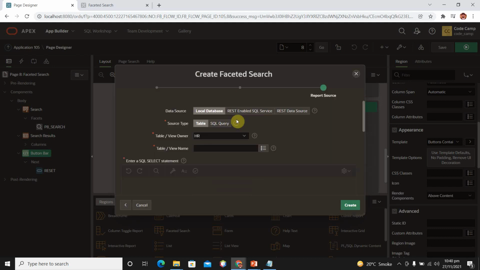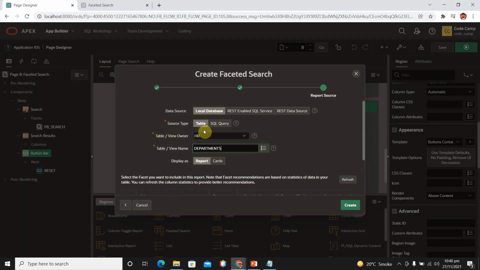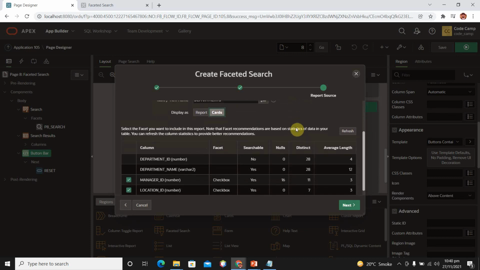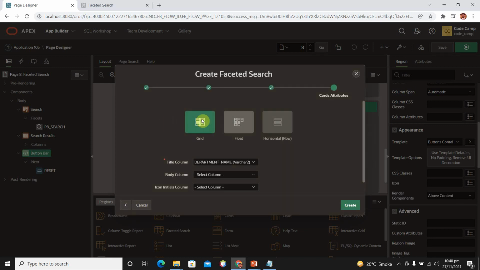So let's try how we can design it. The table is departments, and here we want to display as cards. We don't need manager and location. We want to search based on only the text we place in our search text.